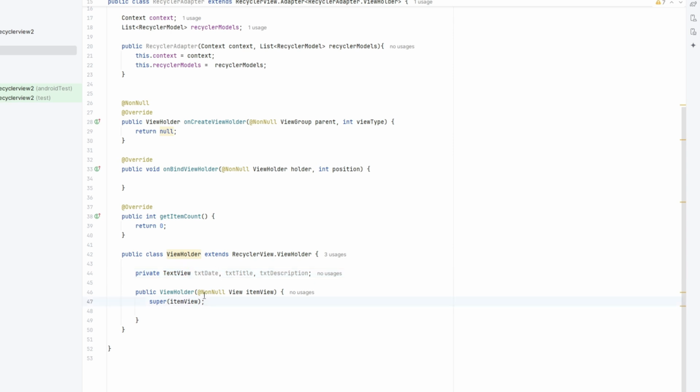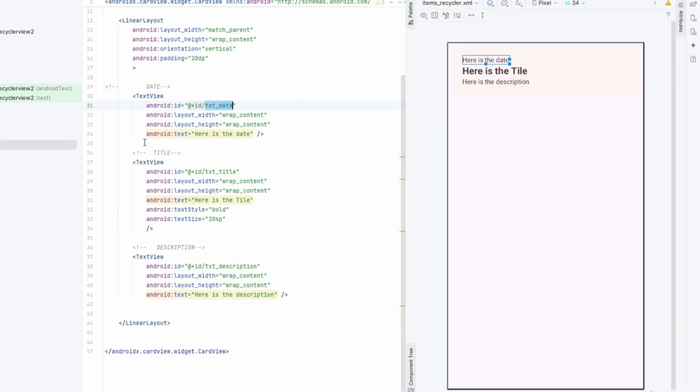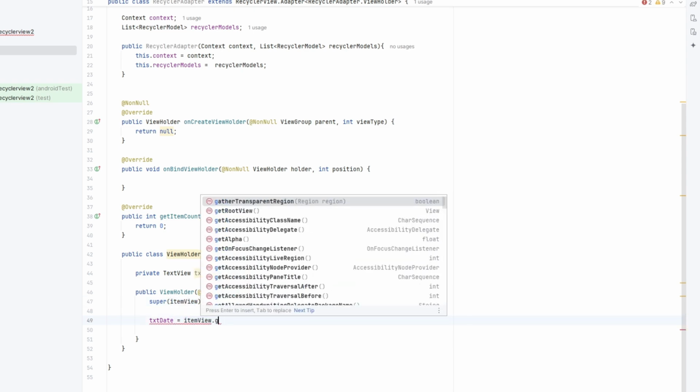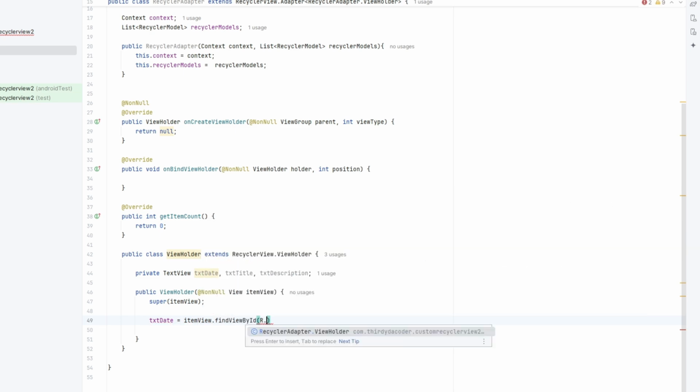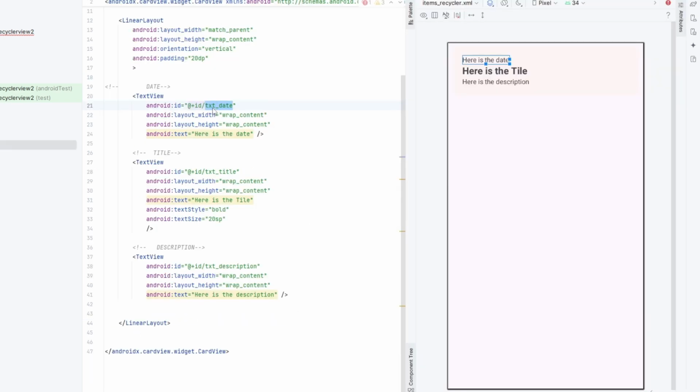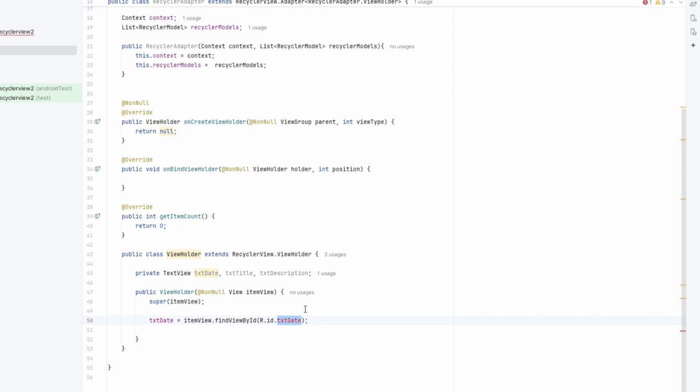Now we can connect this to the XML. Here we go. textDate equals itemView.findViewById(R.id.textDate). You can import the R, the built-in. Then as you can see, we have an error. I mentioned we can copy paste the textDate.